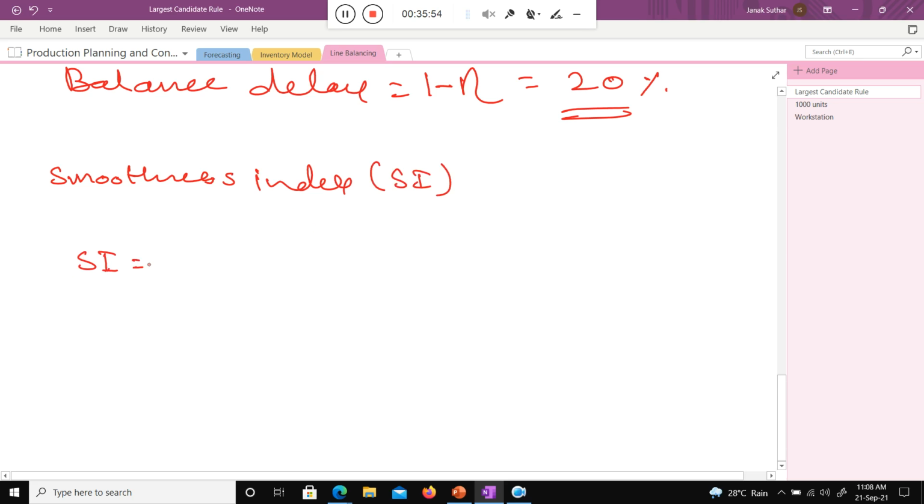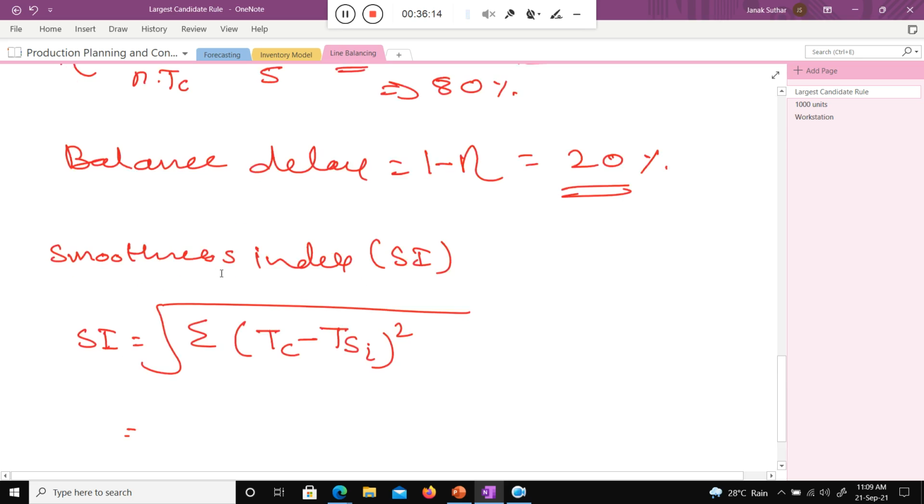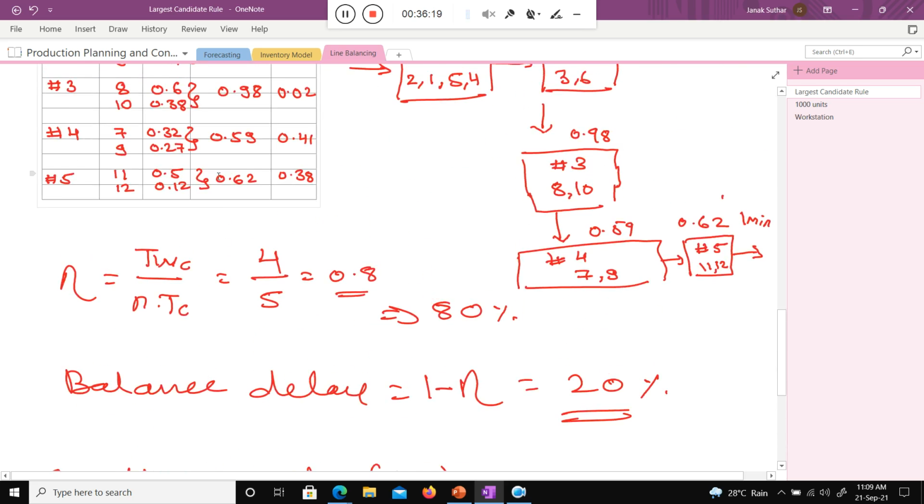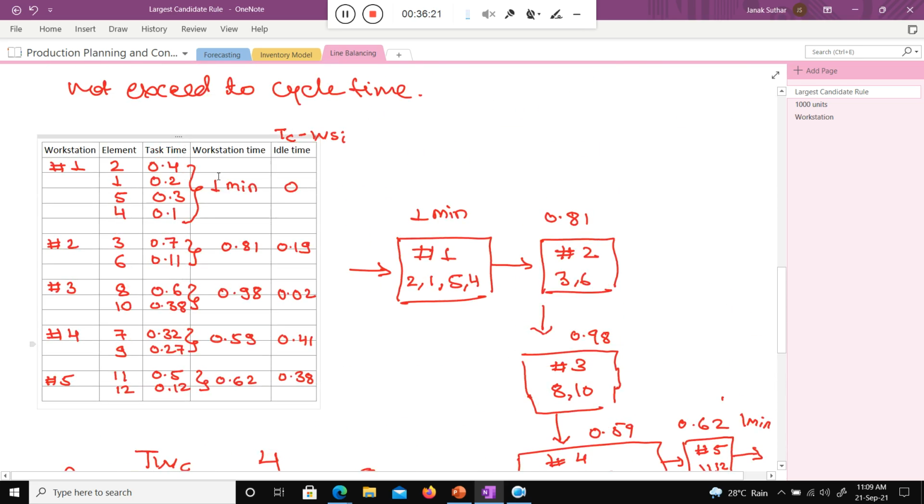So SI is just the variance formula we know, the summation over TC, the cycle time, and TSI, the time related to the station. Can you quickly do the calculation, class, by applying this formula for this design with 5 workstations?